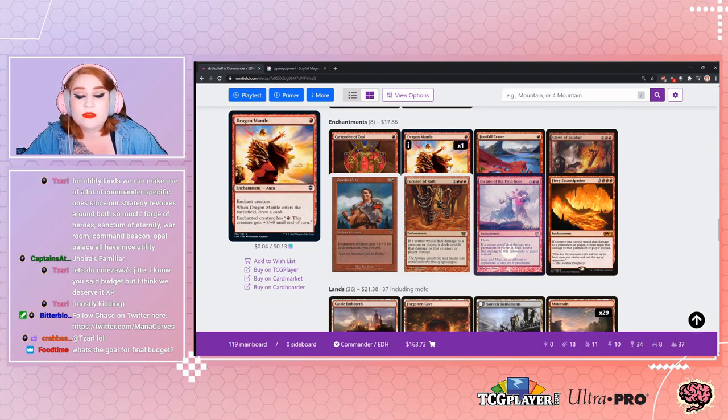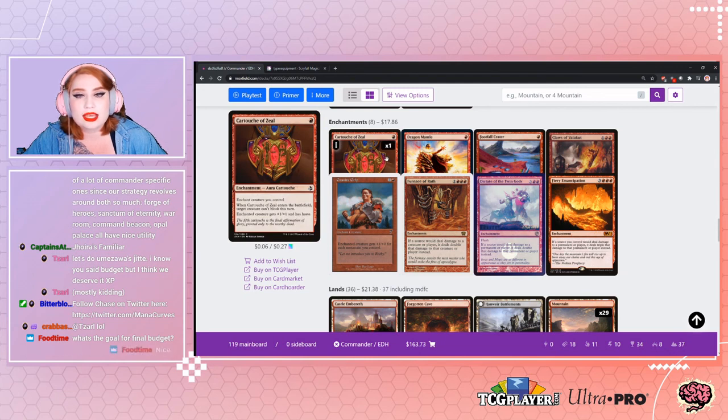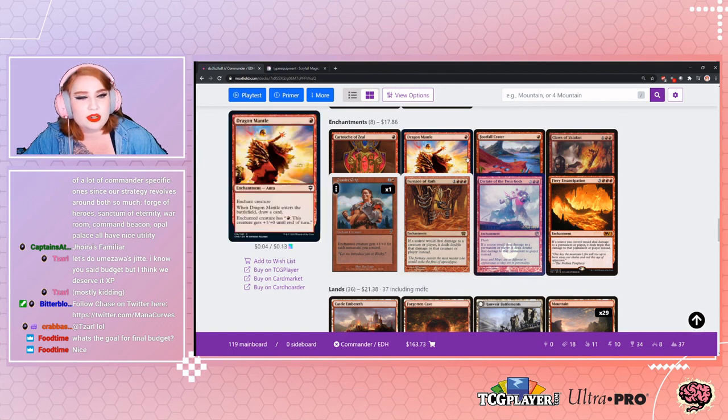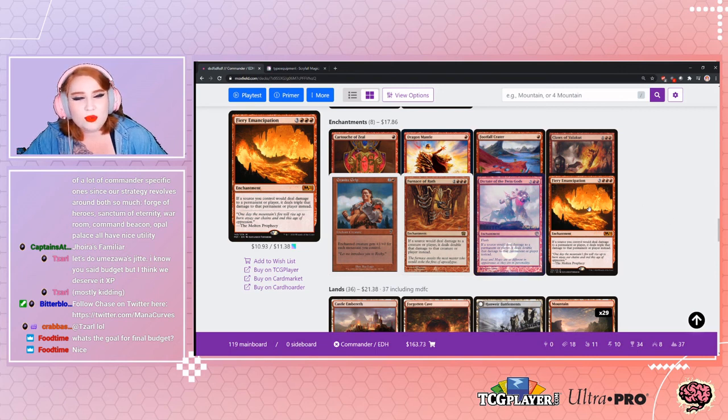Dragon Mantle, flawless card. I like this because of the haste. Granite Grip, the mountains. That's where our bread and butter are gonna be. Same thing for the Claws of Valakut. I look at our enchantments and I feel really good about them. Our most expensive enchantment here is indeed Fiery Emancipation. And I did end up,